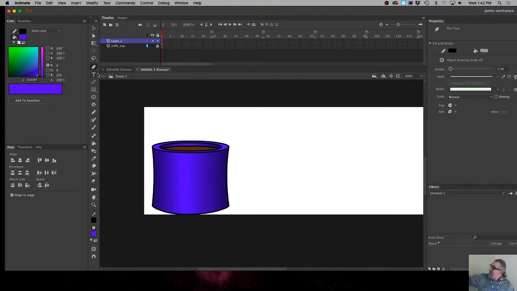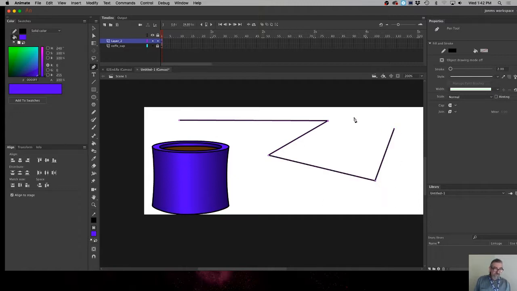All right, so just the pen tool. I'm going to click and release, and then click again, and that's going to draw a perfectly straight line between those two points. Now, if I continue to click and release, it's going to connect all of my lines until I get back to the beginning, and then I can close that shape up. I'm going to Command Z to undo that,